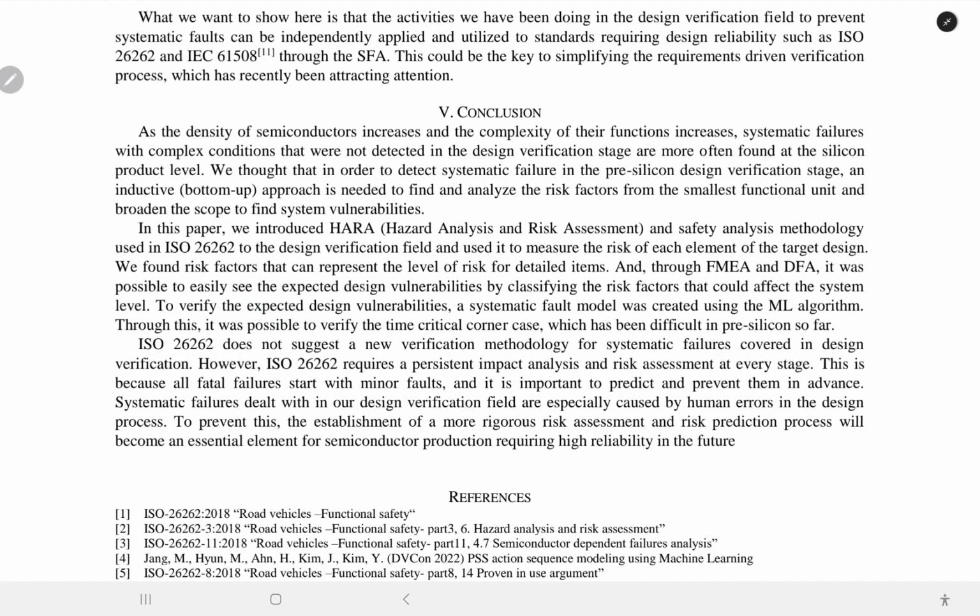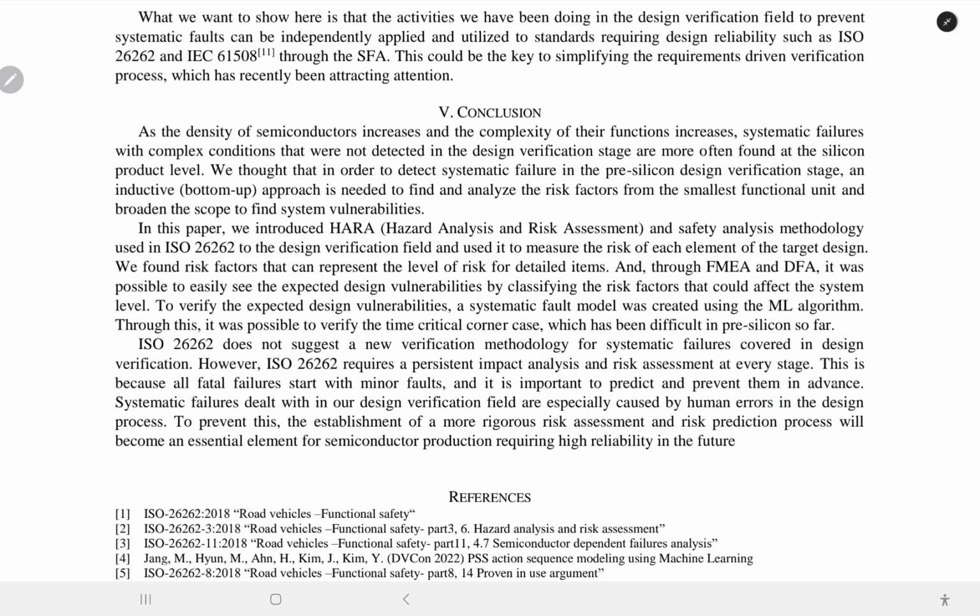To verify the expected design vulnerabilities, a system fault model was created using ML algorithms. Through this, it was possible to verify the time-critical corner case, which has been difficult until now in silicon. ISO 26262 does not suggest a new verification methodology for systematic failure coverage in design verification. However, ISO 26262 requires a persistent impact analysis and risk assessment at every stage. This is because all failures start with minor faults, and it is important to predict and prevent